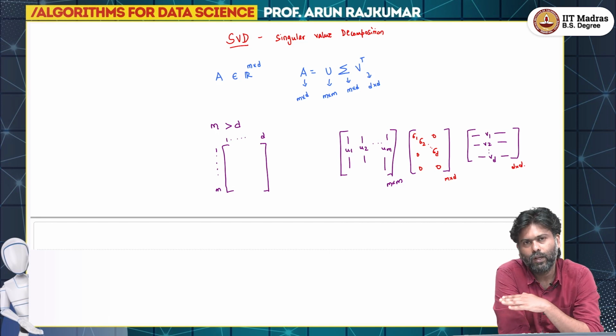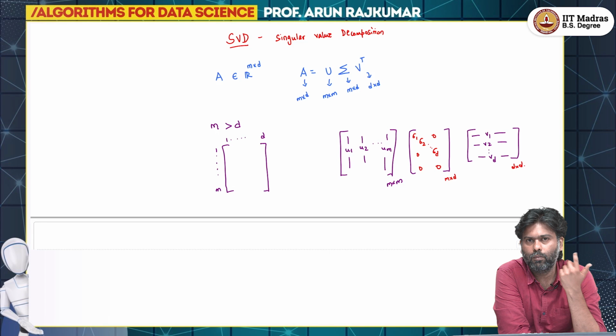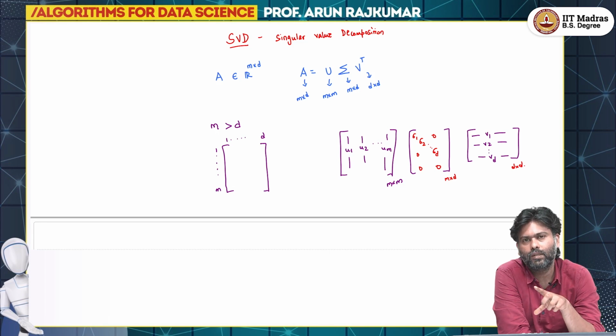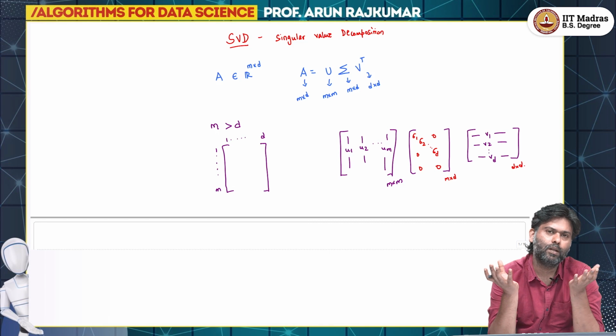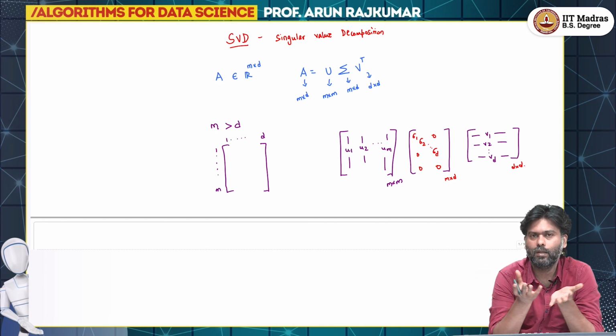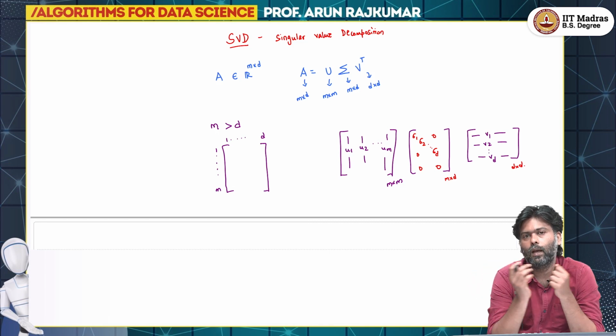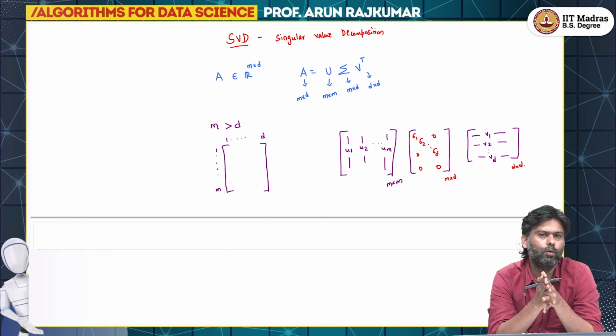And now once you have done that, you are trying to pad extra zeros wherever it's needed, because M is greater than D, and then you represent the resulting vector in U space. So basically, you can think of this as there are two important bases. One is in Rm, one is in Rd, and these are orthonormal bases,